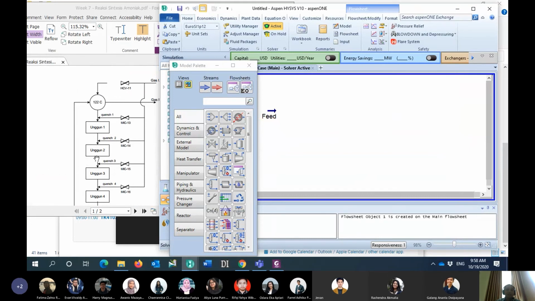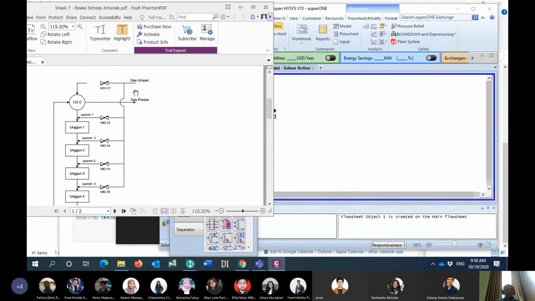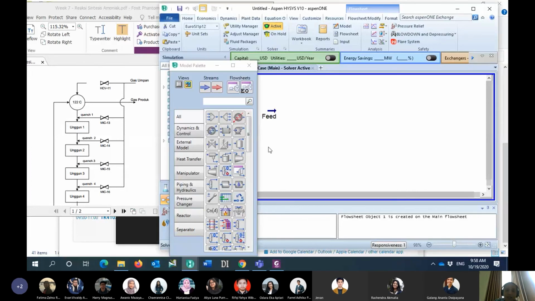I turn back to this schematic. From this schematic, I understand that it will be split into two lines, one goes to this heat exchanger, and the other becomes the quench stream. So I will put the T in here.